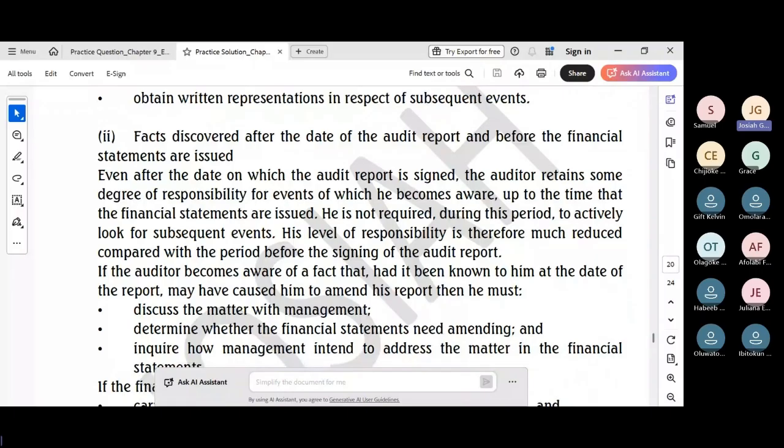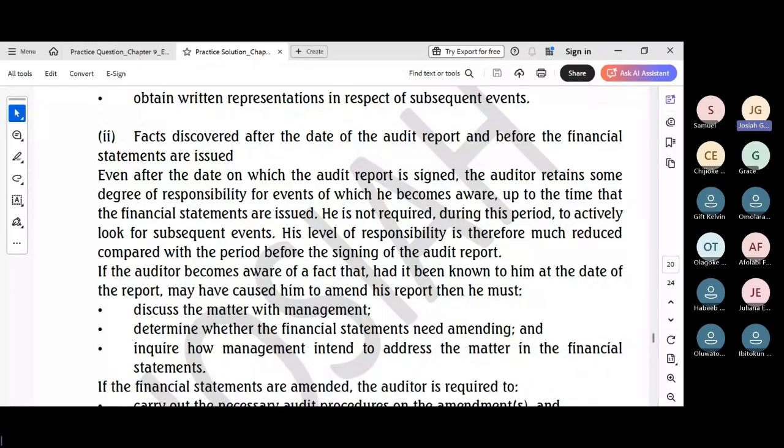We spoke about that in the classes. But don't forget that. So how do you write that? Clearly state that the no active search rule first applies to this second part. Then structure the response using the action steps, which is first to discuss with management, determine if there's amendment, and inquire for the plan to amend, and the potential consequences of management either doing or not doing. And if they refuse to do it, you need to modify the opinion. And if you've issued the report, you need to prevent reliance on that report by cascading it or calling management's attention to it. Very, very key. So that's for the second aspect.